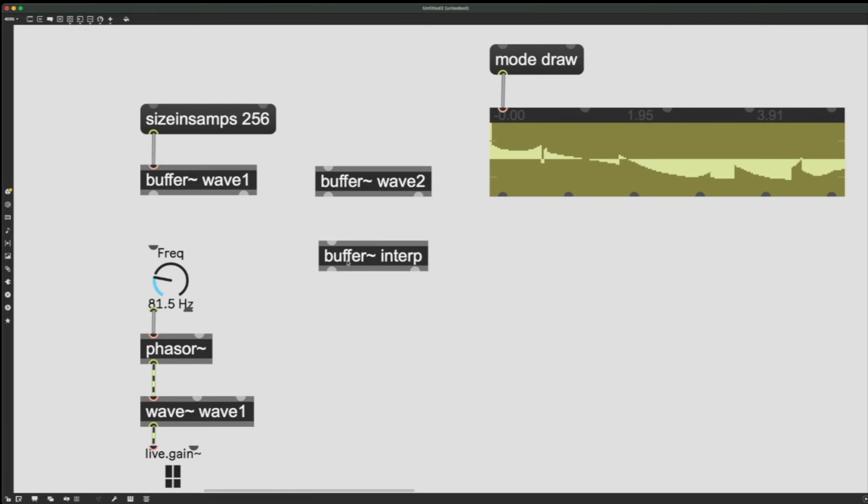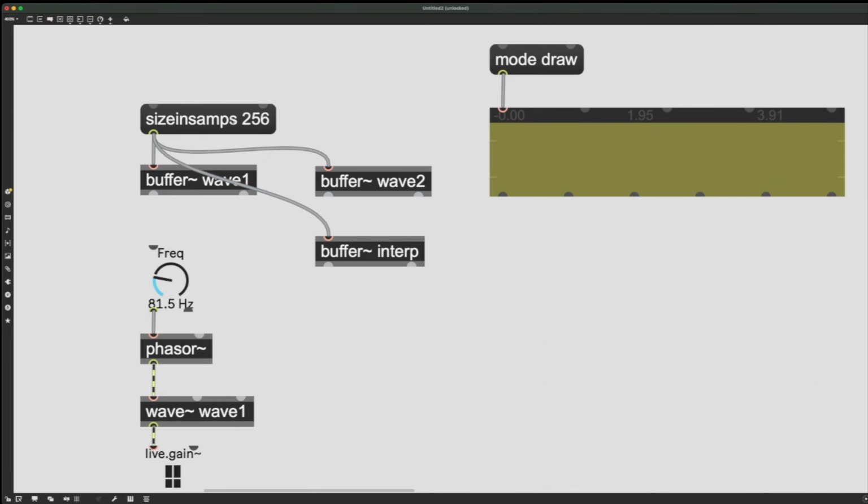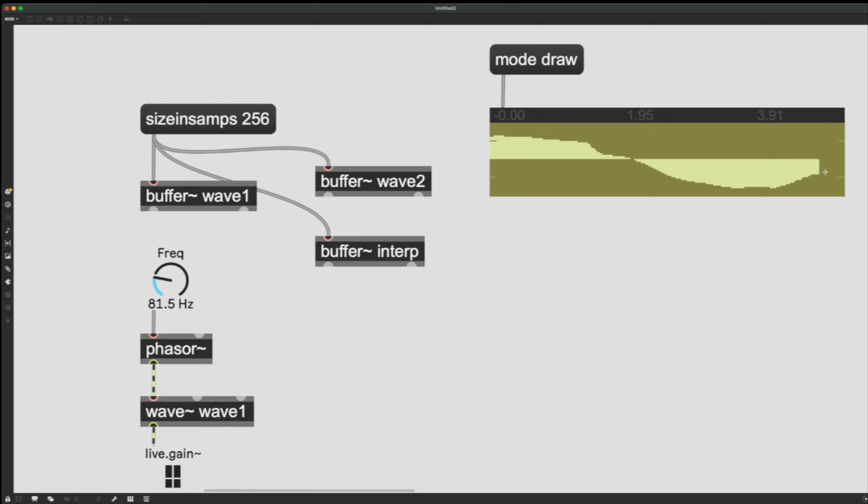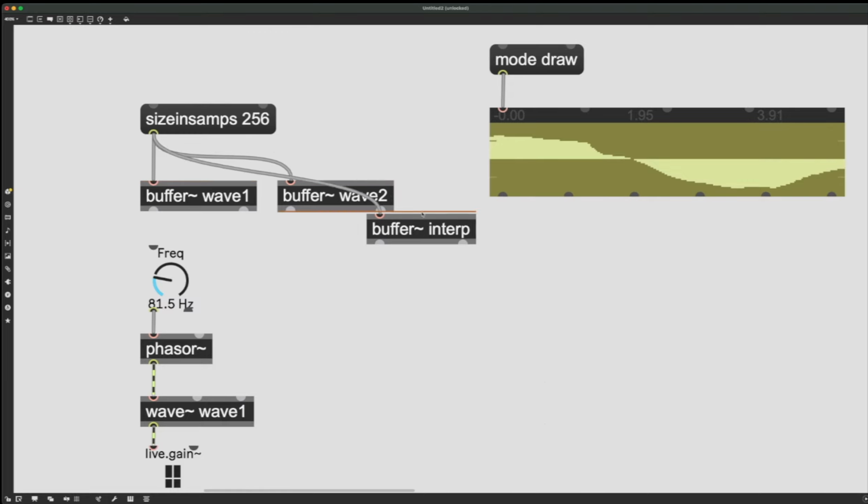And this is the buffer that's going to store the result of the interpolated waveform between the wave1 and wave2 buffers. And first thing we should do is just specify the size of these buffers. We're going to want all of these to be the same. You notice that once I did that, that changed or cleared the first buffer that we drew in, so I'm just going to fix that. But now,